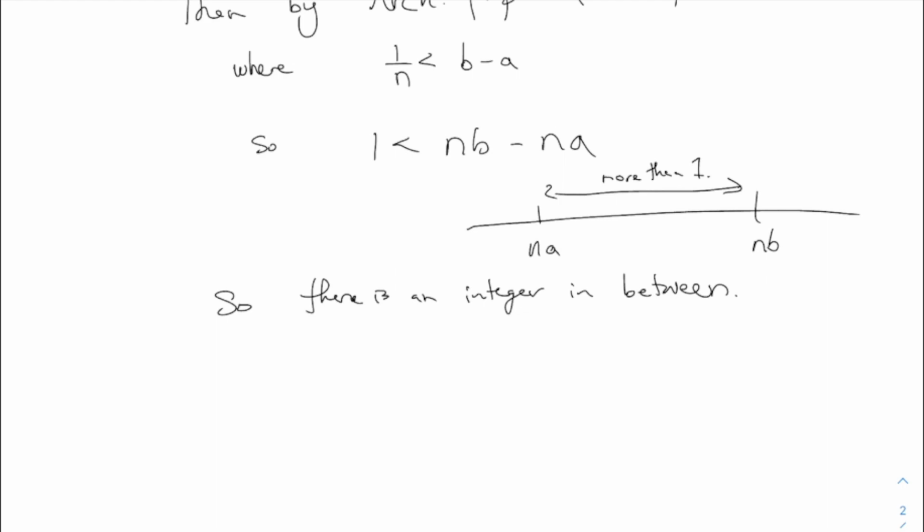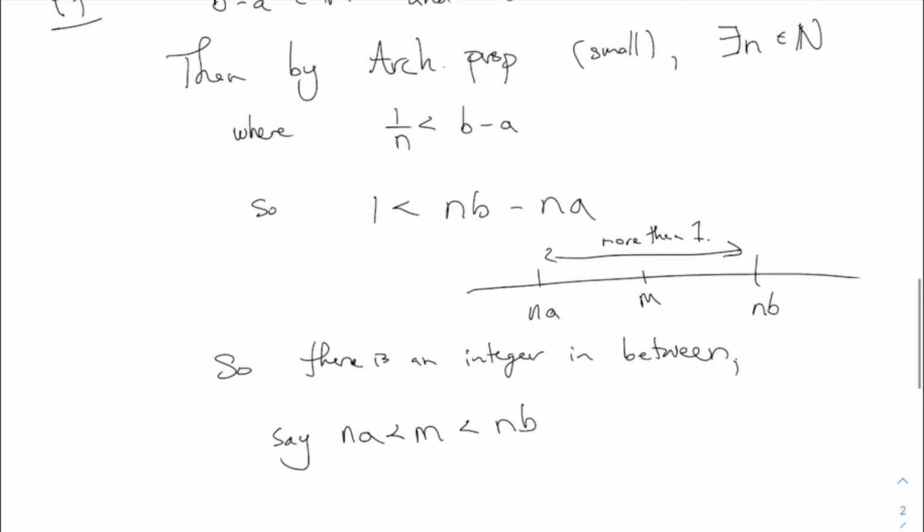And I will call it m, in between NA less than NB, all right? Right there, m. Those two numbers are far enough apart that there must be a whole number in between them. Their distance apart is more than 1, all right? And we're almost done here. Remember what we were looking for? Anyone see how to finish it off?